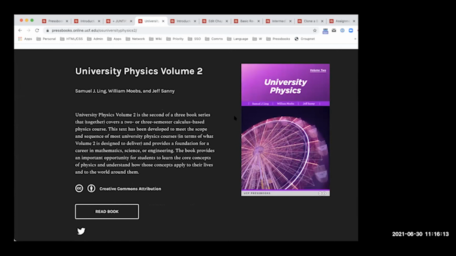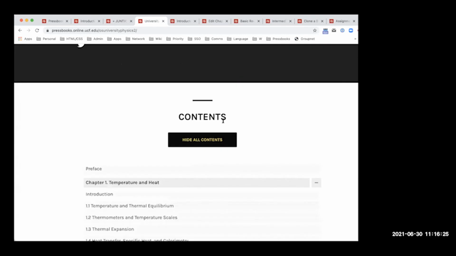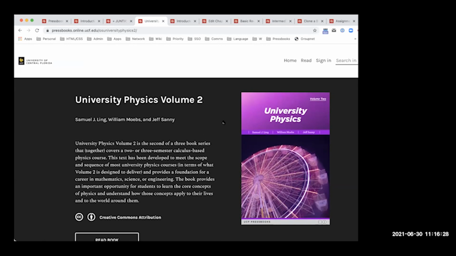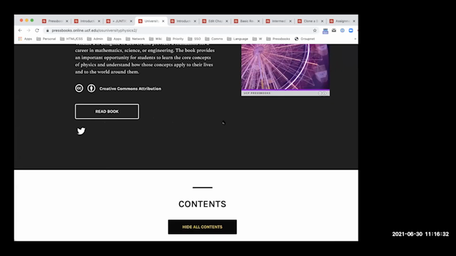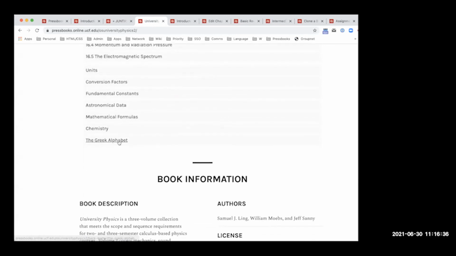I also have a couple of STEM examples. I could not leave it out because I studied chemistry, and it lives strongly in my heart. And here's an example I believe is adapted from OpenStax. This book is very widely used at the University of Central Florida, and it's a high enrollment course. And it's a massive book with so many different